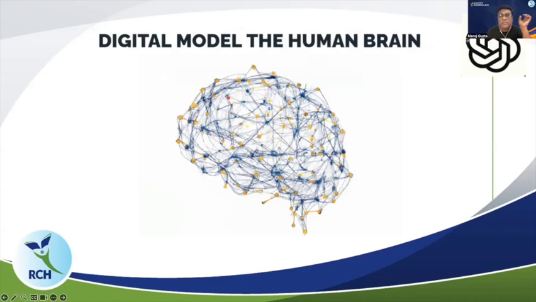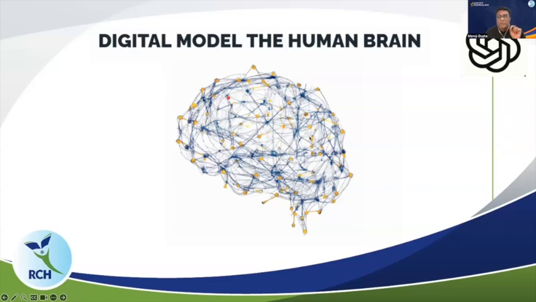So this works in a way that when scientists started modeling the human brain, they were understanding the internal construct of the brain, and they wanted to mimic this in an artificial way. So this is the digital model of the human brain. Here you can see the structure, and all the yellow dots that you are seeing are called neurons.